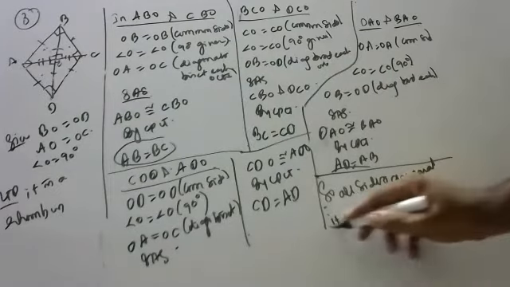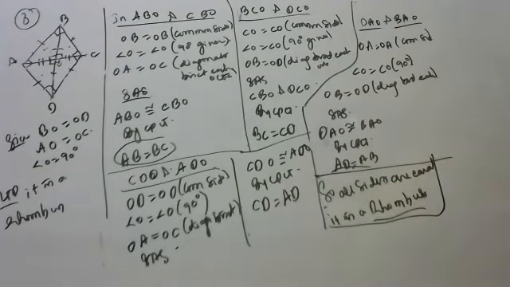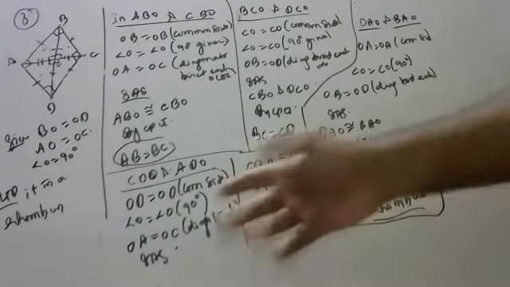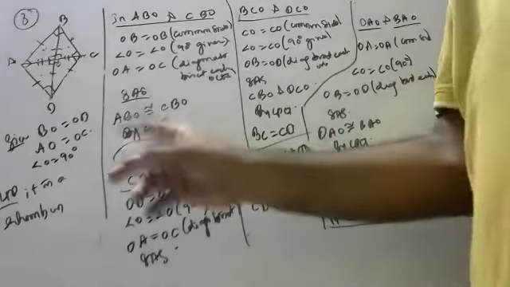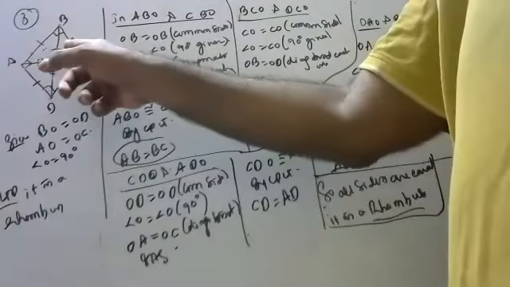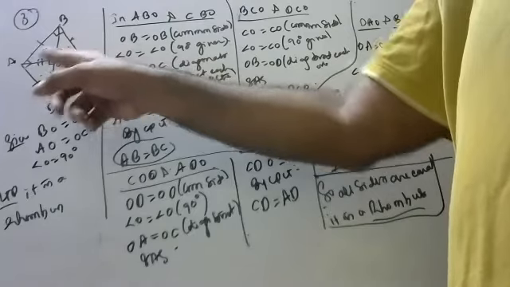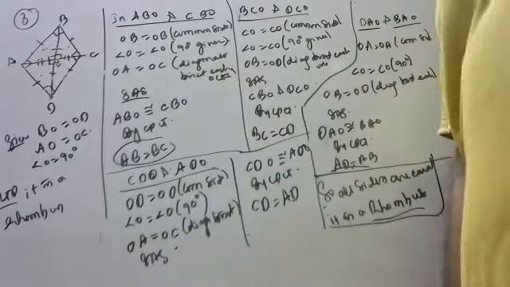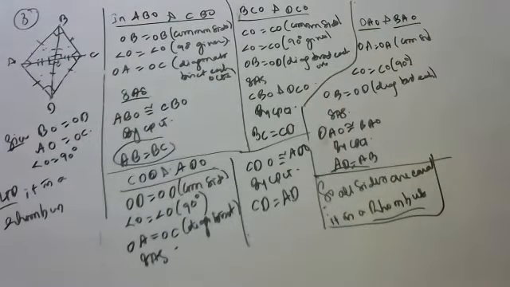Because all sides are equal, it is a rhombus. Hence we prove. So what I did, children, what is the basic idea of this sum? I proved this congruent, this congruent, this congruent, this congruent. When all the angles are formed, all triangles are congruent, so all sides are equal. If all sides are equal, then it can be a rhombus or a square. But he asked for a rhombus, so we have proved it as a rhombus.